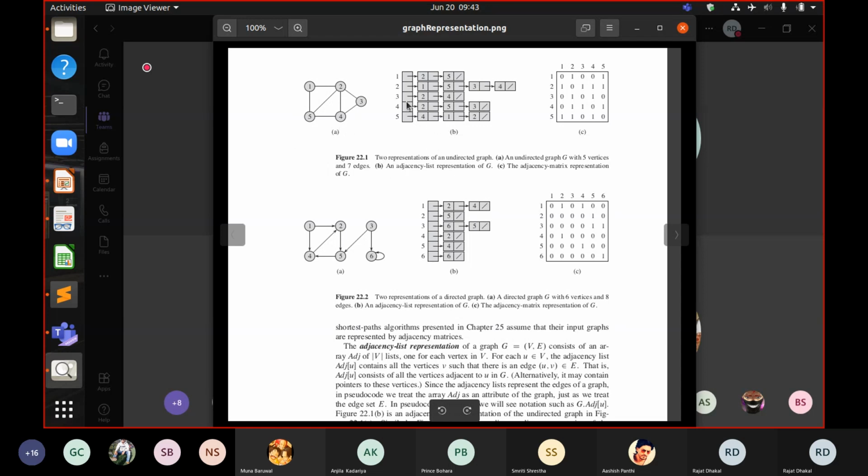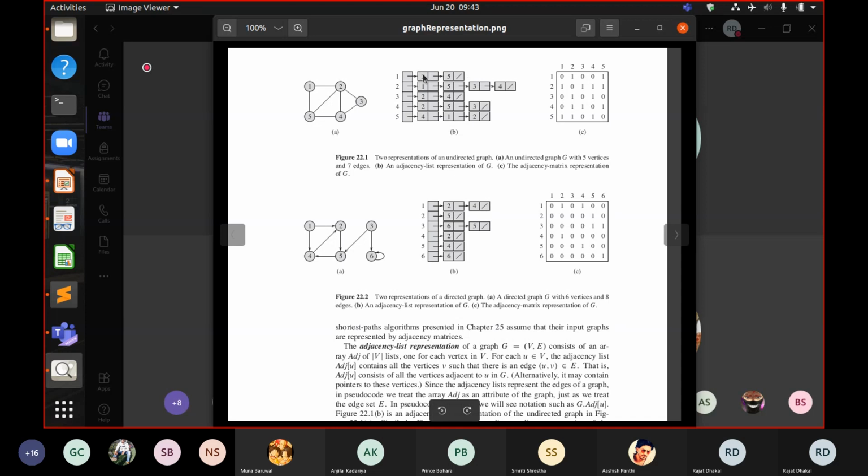So an adjacency list representation of this graph G would be something like this. Note that this forward slash tells that it is the end of the list. So it starts with 1. This 2 means that it is a neighbor of 1. Again, this 5 means that these are connected. 5 is a neighbor of 1.